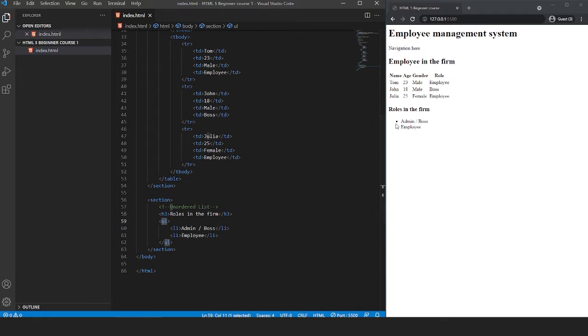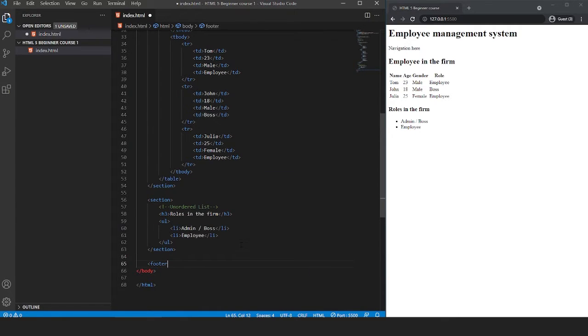Of course, these lists you can style if you want to, but right now I'm leaving it as plain HTML. We can try to use an ordered list. It's OL, and now you can see it will change to numbers, and it's because it's an ordered list now. So it will say 1, 2, 3, 4, 5, and so on. But let's keep it as an unordered list,